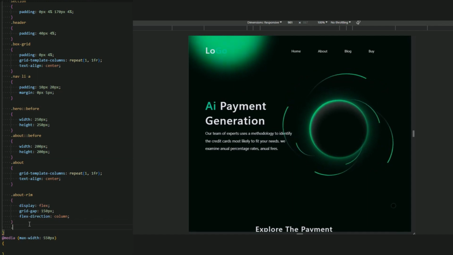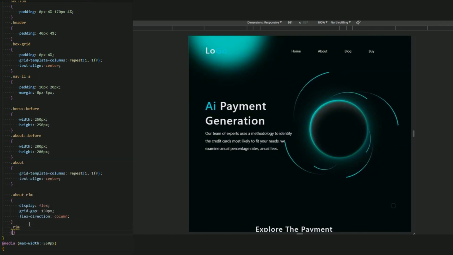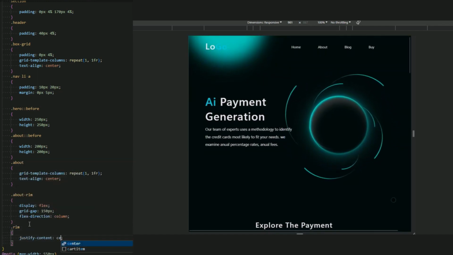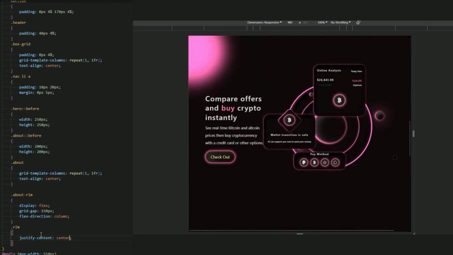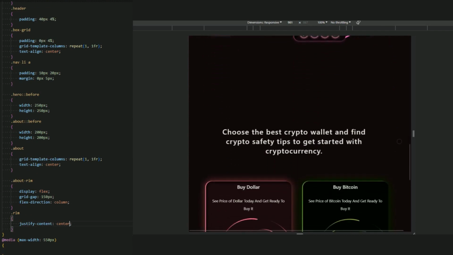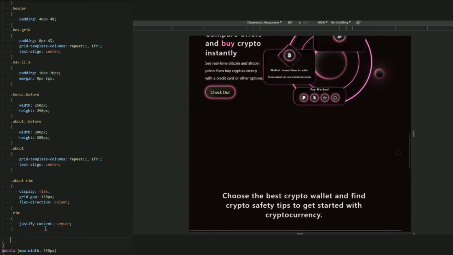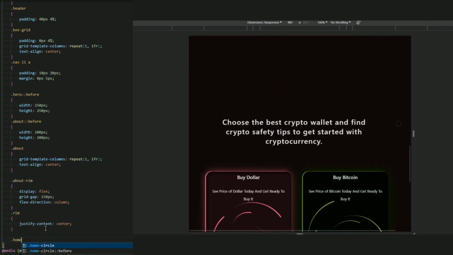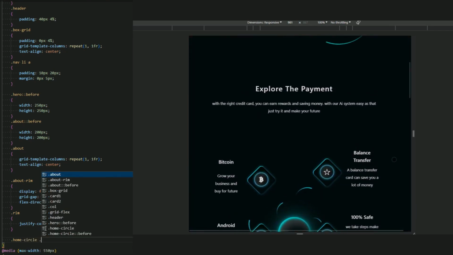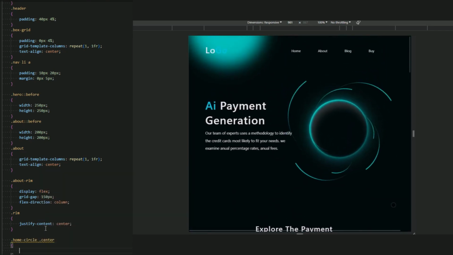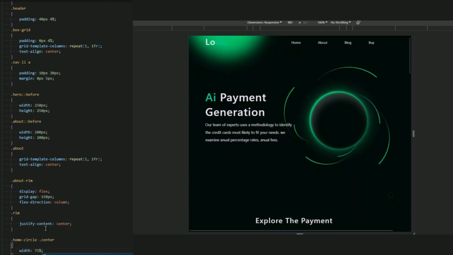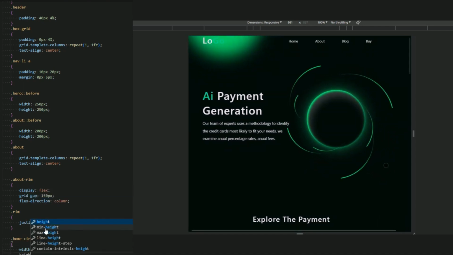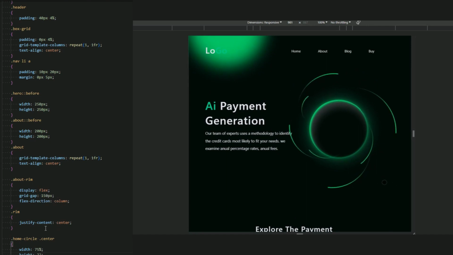And now for the home circle center of this before and after, let me just resize it. Home circle center, let me add the width 75% and the height 237%.